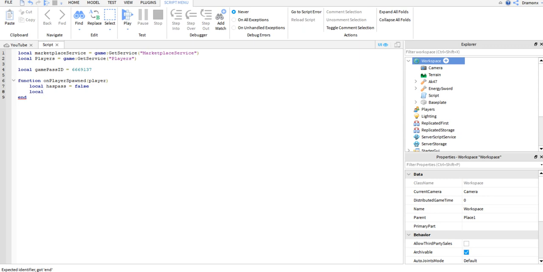Local success, message equals pcall(function